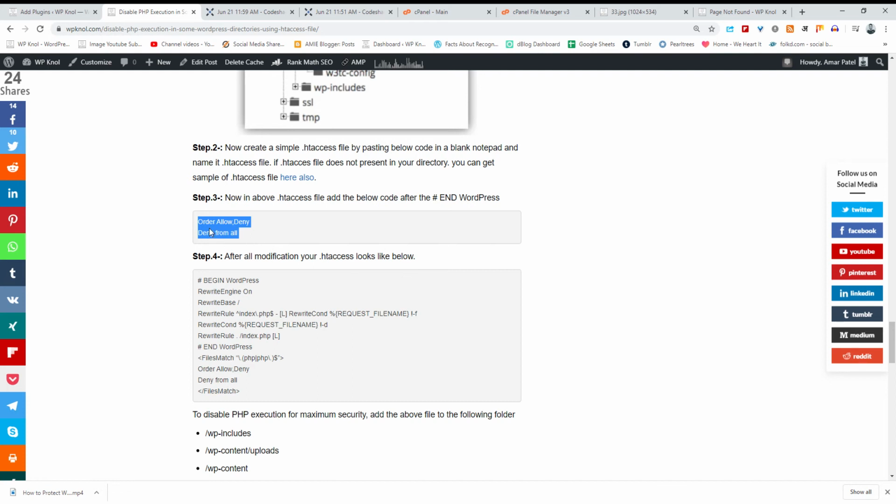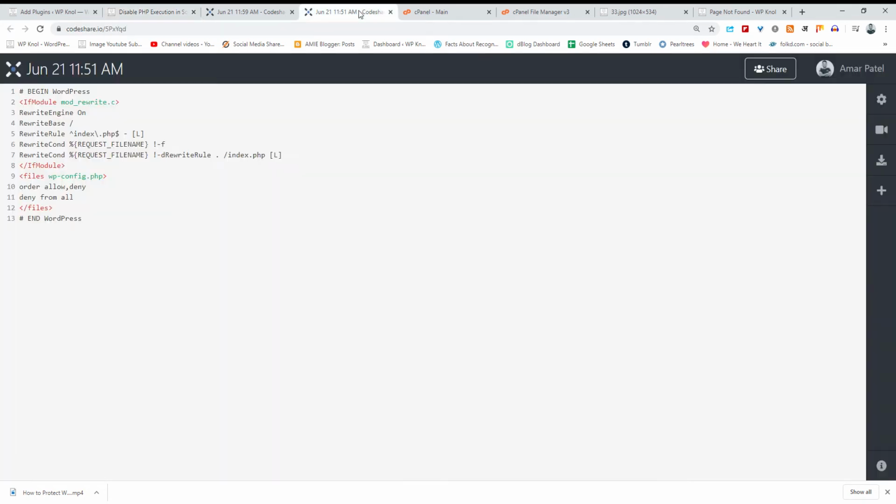So this is the code, copy this code. And this is a sample .htaccess file. The .htaccess file starts with # BEGIN WordPress and ends with # END WordPress. Just at the end of your .htaccess file, paste this code.